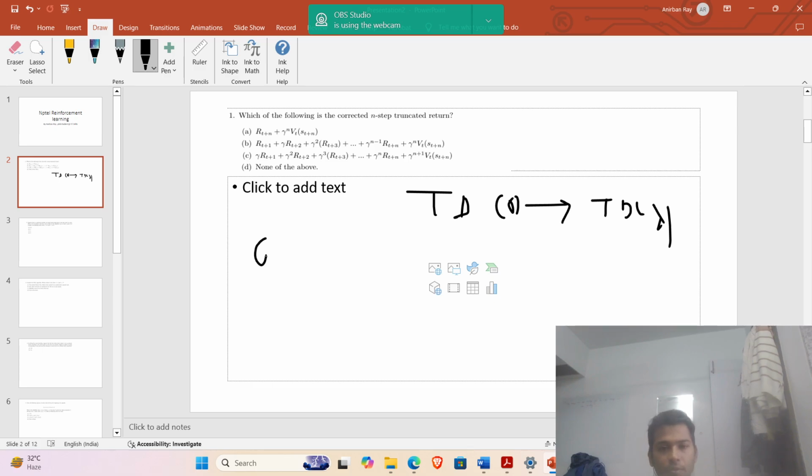So here, you define the reward return, the Monte Carlo return, this is what it denotes. So this is equal to R_{t+1}